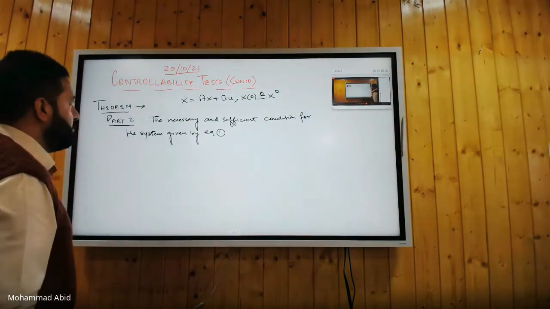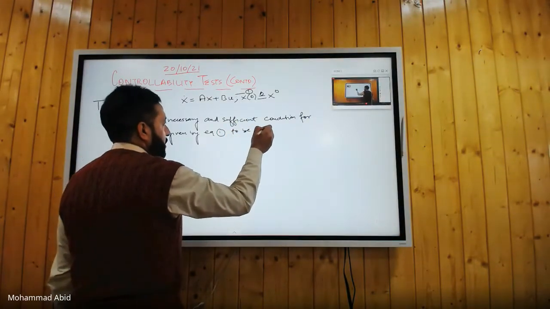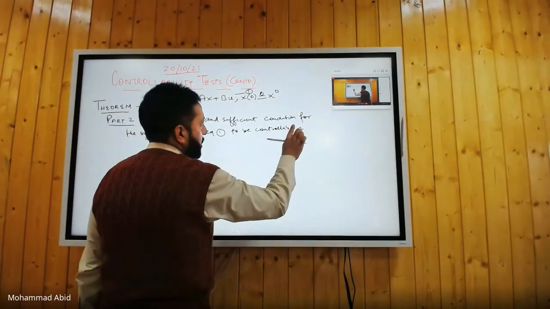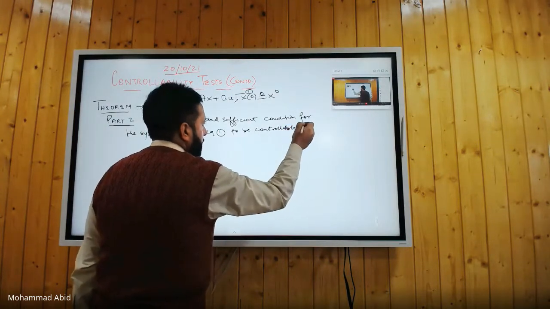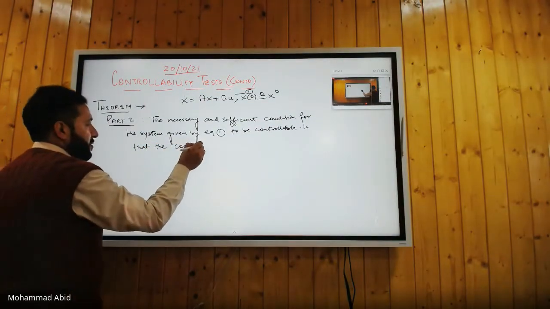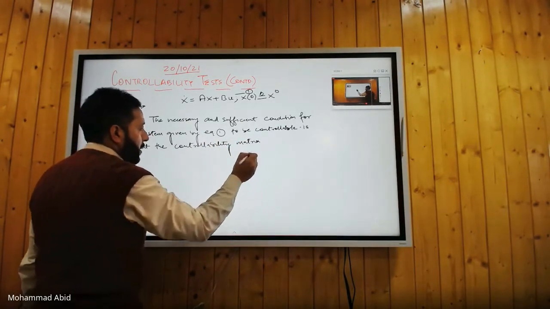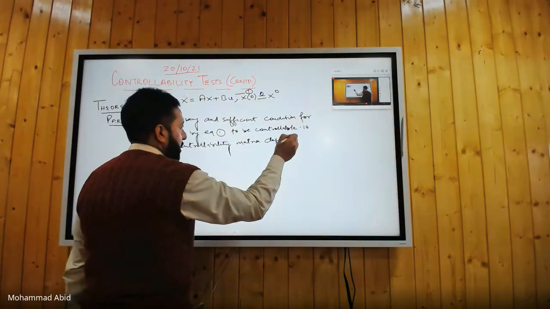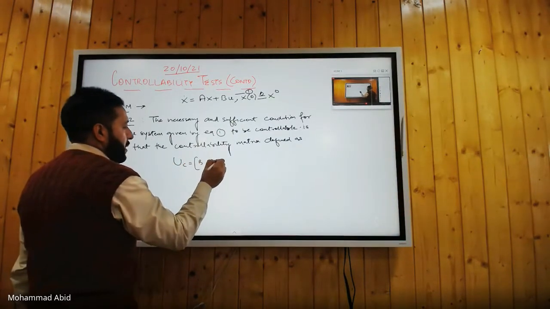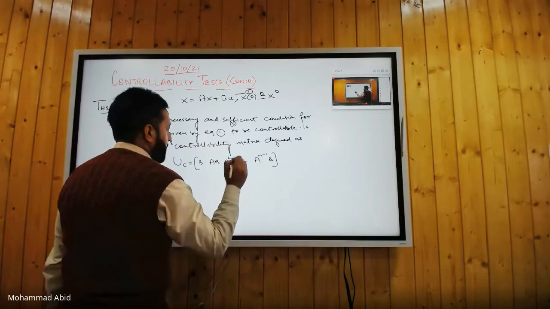So the necessary and sufficient condition for the system given by equation 1 to be controllable is that the controllability matrix, defined as Uc is equal to [B AB A square B up to A to the power n minus 1 B],